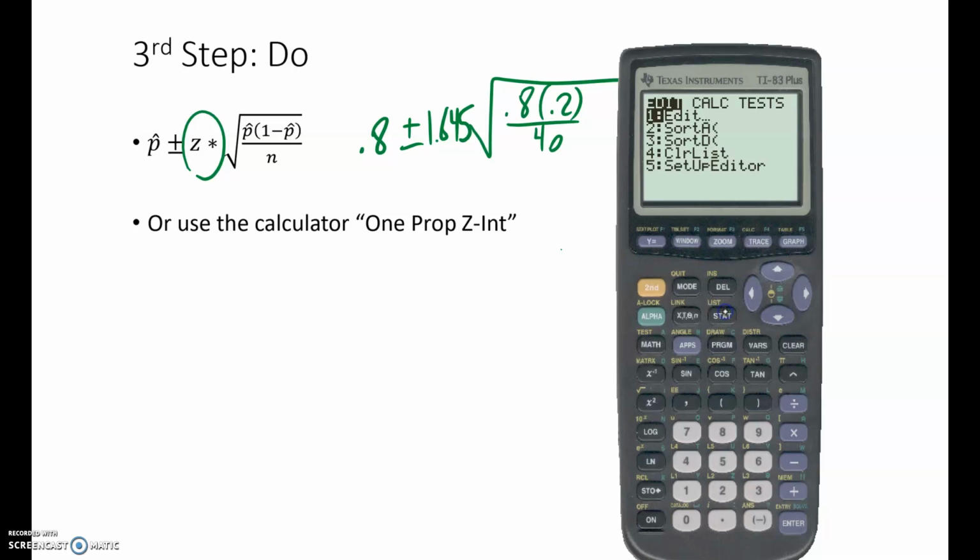If you go to stat over to tests, you want the one prop z interval. Or I lied, it's good. One prop z interval, somewhere there. There it is. One prop z interval is option A on my calculator. You'll notice it actually prompts me for x and n. That's just the number of successes out of the total. So in my case, that was 32 out of 40. And as for a confidence level, we'll go with 0.9, and we are going to calculate. Okay, so my interval is 0.696